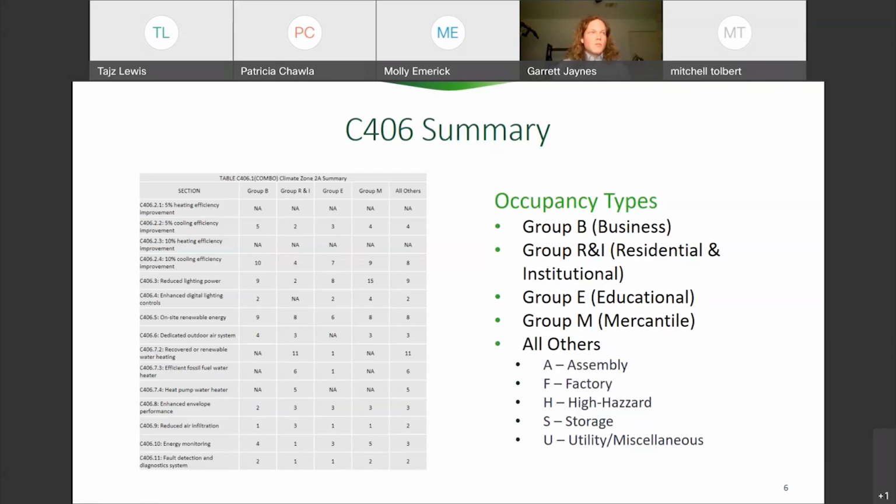So I think it's a much better way, and it's much more interesting for sure than the last version of code. And I also suspect it has not come out yet. The 2021 version of ComCheck is supposed to come out this quarter. We've been waiting for it. I suspect that this will be incorporated, as the previous versions of ComCheck include the additional efficiency package option. You will select which